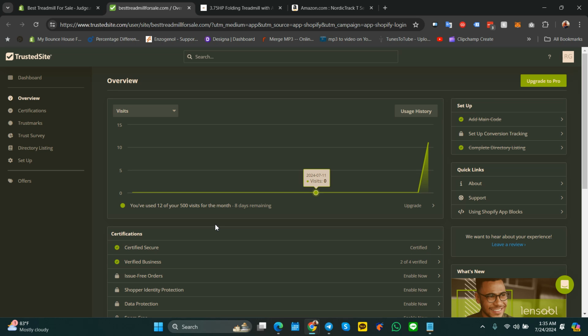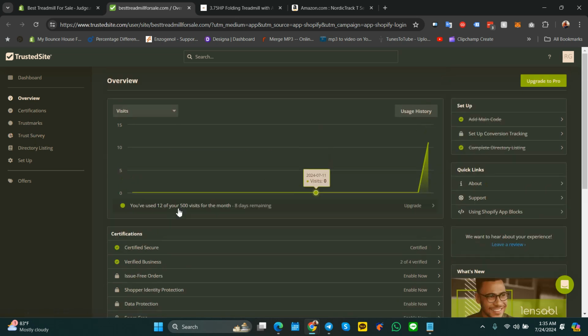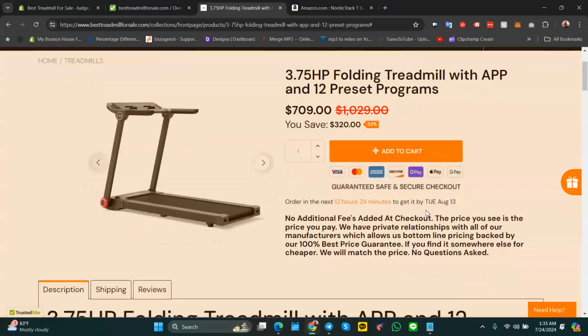Make sure you use Trusted Site. Set up all these features here. Right now, you don't see them because I'm on the free plan. Make sure you verify your phone, your email, all that stuff. Do the directory listing, fill out your information, and then what we're going to do is add this to the home page. Right now we can see it here, but later, once you have the paid plan, you're going to put